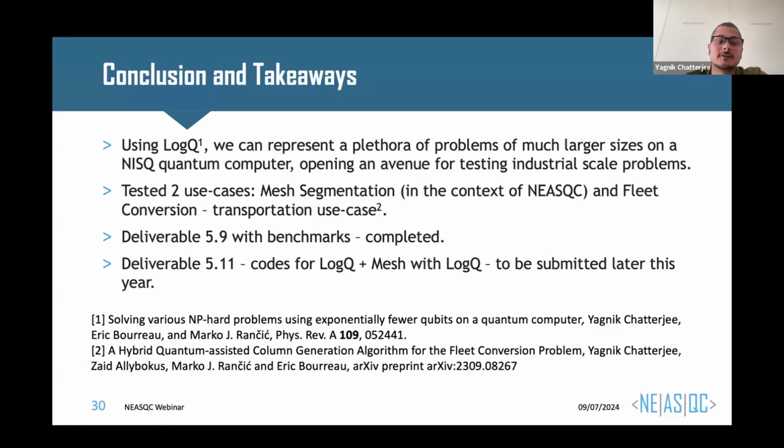And secondly, we tested a couple of use cases. Firstly, it was a mesh segmentation that I presented here. There's also another use case, a fleet conversion use case, which is also under review in another paper, in another journal, and you can go and see it if you're interested. I think it's quite interesting work, and we show how to use quantum computers in a hybrid manner with classical